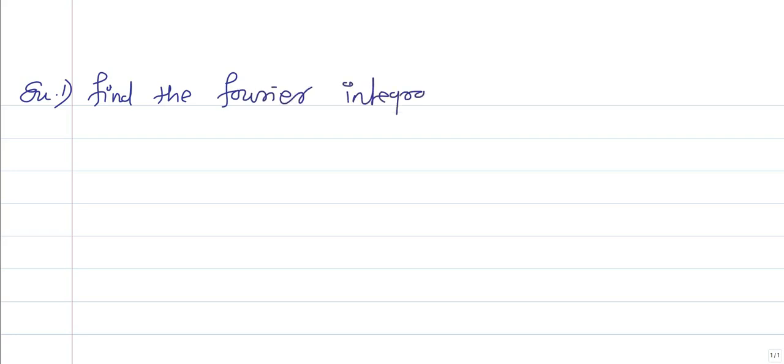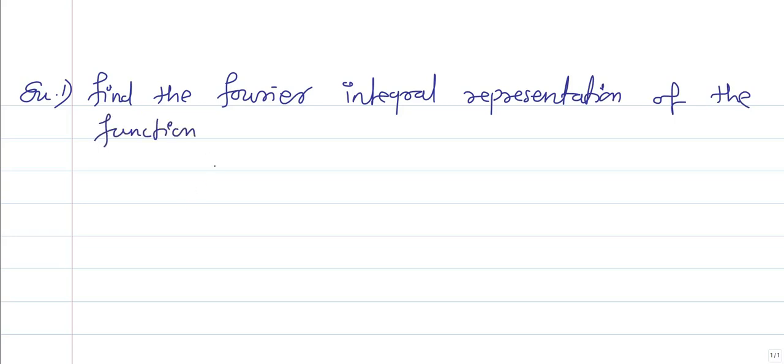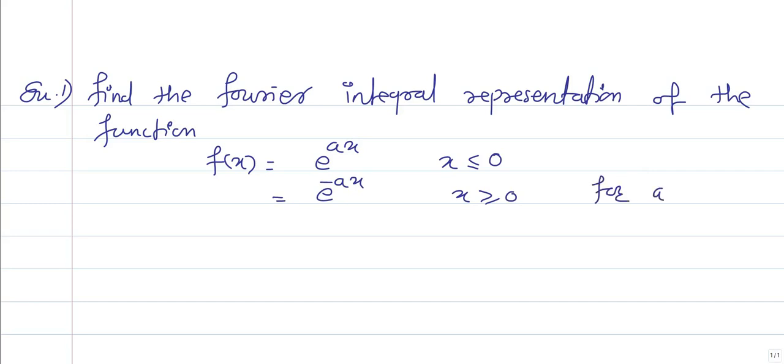So the example is: find the Fourier integral representation of the function f of x equals e raised to ax for x less than or equal to 0, and it is equal to e raised to minus ax for x greater than or equal to 0, where a is always a positive real number, and also show that